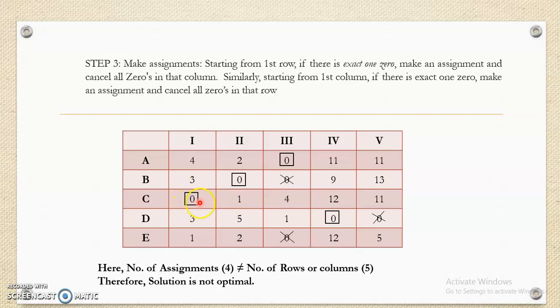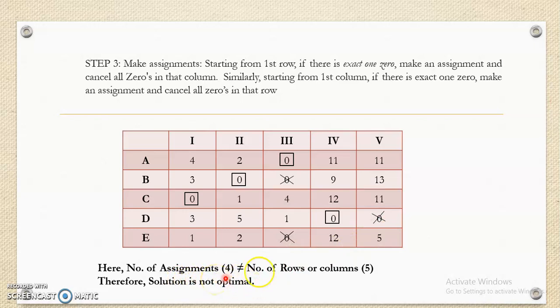In the third row there is exactly one 0. Assign it first by drawing a square. Once we make an assignment, that means we draw a square around it. Similarly proceed. But if you go for the fourth row, there are multiple zeros, so just skip. Also in the last row there are no zeros available for assignment. Now go along the columns. This column has only one 0. Assign it, and now cross the 0 in the corresponding row. Now check whether the solution is optimal or not.